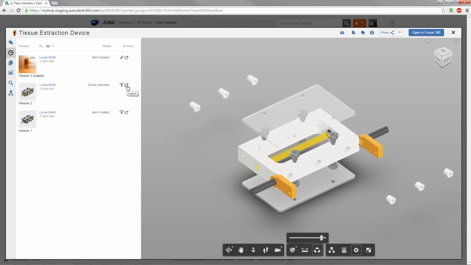I'd like to promote a previous version of this design so that no matter who opens it, this will be the default design. I'll click the Promote icon, and you'll see that a new version is created and moved to the top. This new version is a copy of the promoted design, and the previous version is still available to